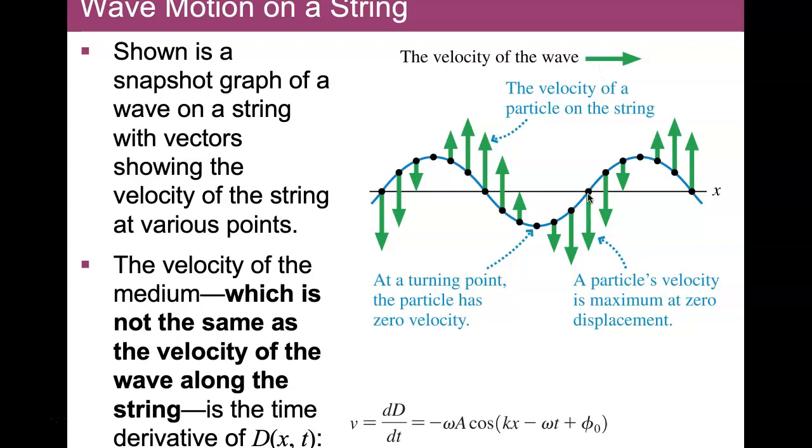So if you take one of these points, let's say this point, and then a little bit later, well, its displacement will be the displacement of this point that's behind it, so that's a negative number, right? And so it has a negative velocity, it's moving down,